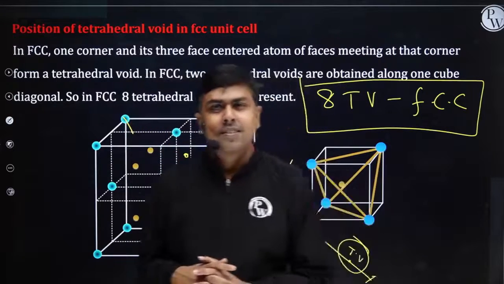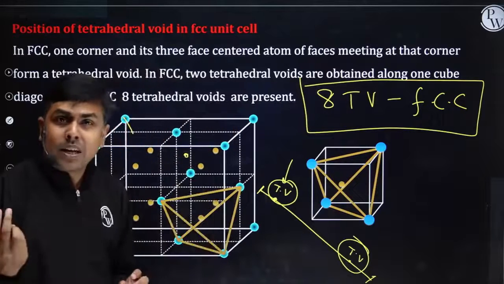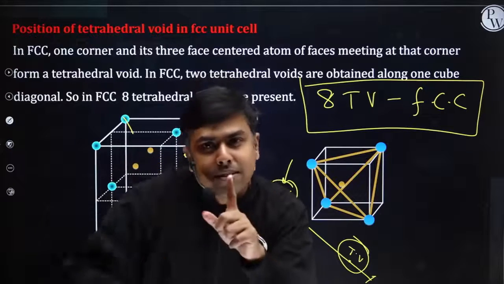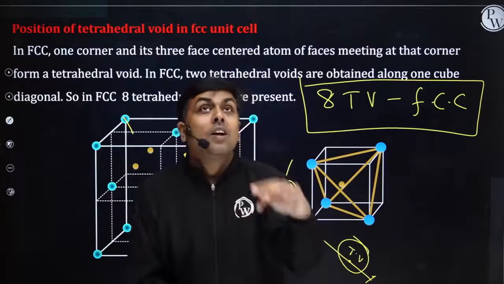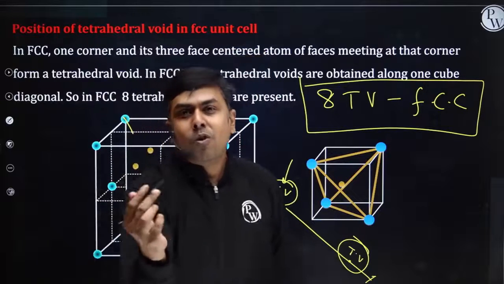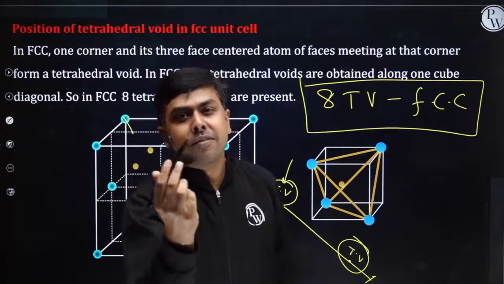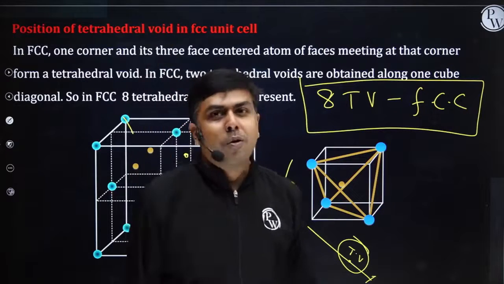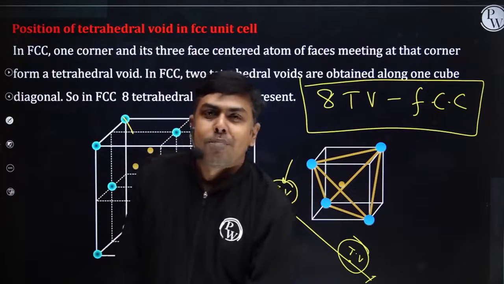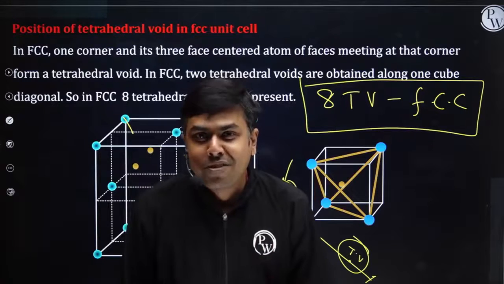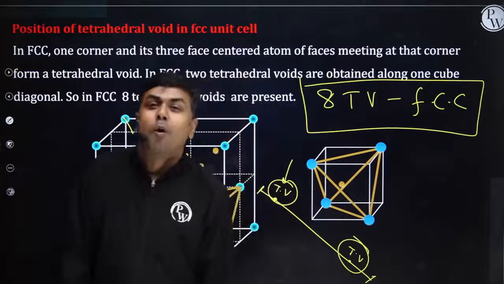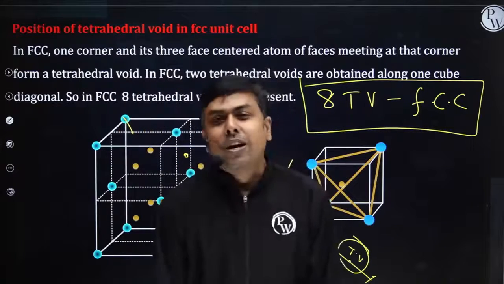Now, students, if I talk about the position of octahedral voids, you can simply understand it like this. Students, in case of octahedral voids, if there is a void, basically it is surrounded by 6 atoms, right? 4 along the plane, 1 above the plane, 1 below the plane. Now focus on body center. If one of the atoms is placed at the body center in FCC, it will be surrounded by how many atoms? 4 adjoining walls, 1 top and 1 bottom. So students, in FCC, one of the octahedral voids is formed at body center and the remaining octahedral voids are formed